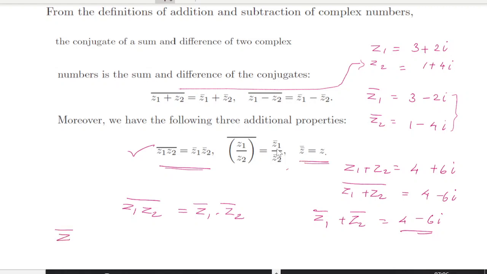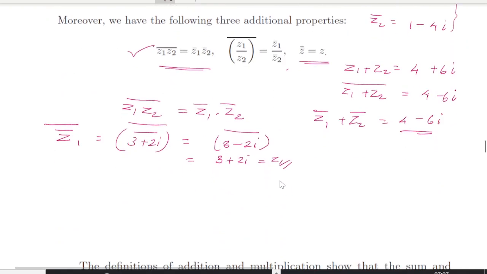When you find the conjugate of z and then again the conjugate. For example, when you have this z1, first you find the conjugate of 3 plus 2i, then its conjugate we want to find. So this is the conjugate of 3 minus 2i. So that will become 3 plus 2i. So you are getting z1 itself. So that's the meaning of this. When you find the conjugate twice, or such a property we are operating and you are getting the same, you will say that this is idempotent.